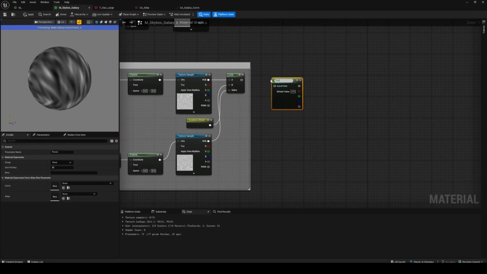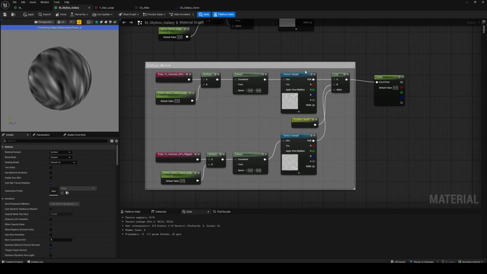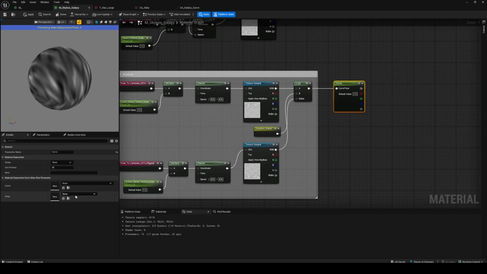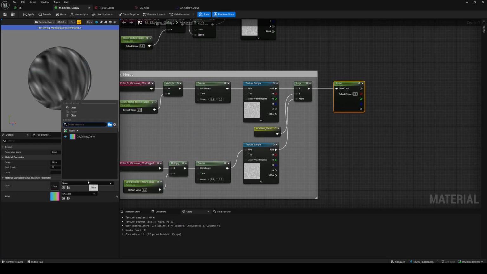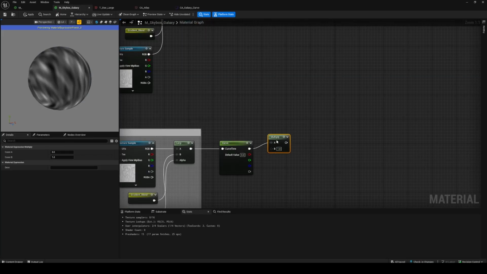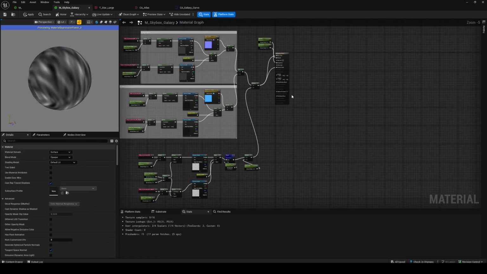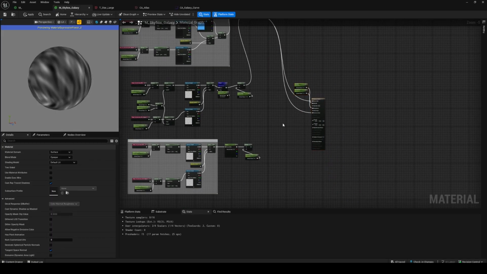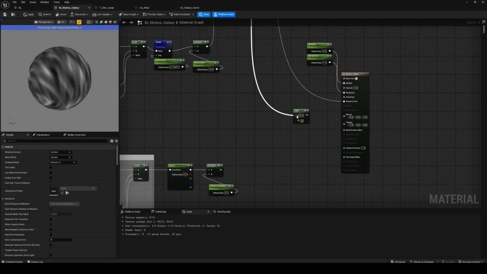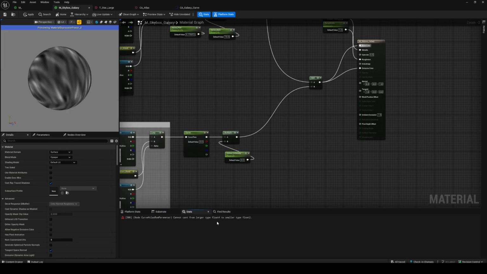So we have this thing called curve atlas row parameter. We plug in the lerp from the color noise that we made, and we select the atlas, which is CA atlas and CA galaxy curve. And now we can multiply this by how strong we want the color. So we go color intensity, and then finally we'll drag all this down. We can add it to our base color as well as our emissive, and it says cannot cast from float